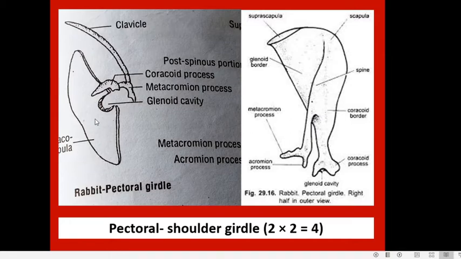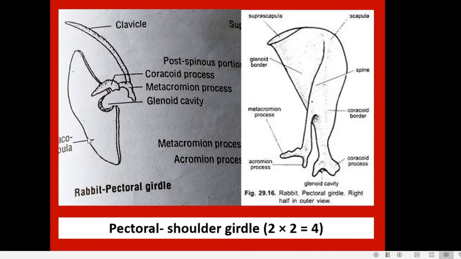This coracoscapula is actually formed by the fusion of a large scapula and a small coracoid. So this coracoid is now reduced to a process which is called the coracoid process. The scapula is dominant in the coracoscapula bone. This coracoscapula apically bears a cavity which is called the glenoid cavity. So this is very important. It is to this glenoid cavity that the forelimb is coming and attaching. So this can be considered as the articulation cavity of the pectoral girdle, which you can see on the coracoscapula.